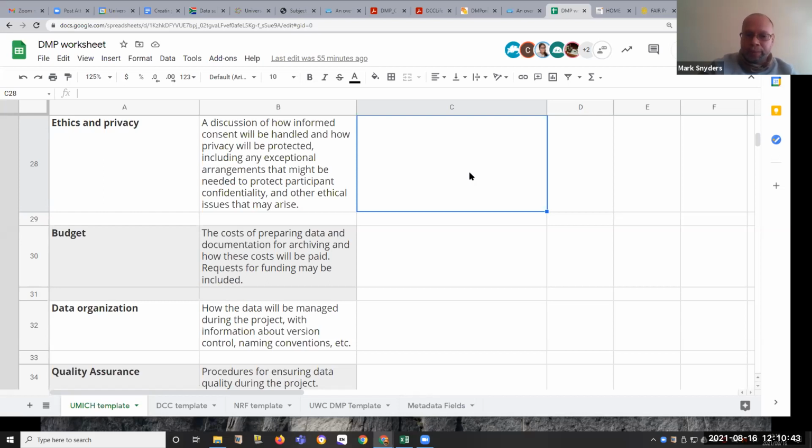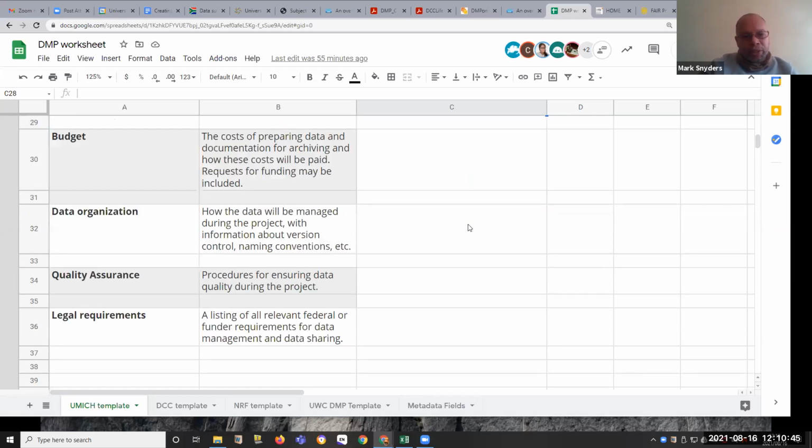have ethical approval. As far as the budget is concerned, you'd be able to indicate here what kind of costs are involved in terms of collecting your data, archiving it, and whether or not funding has been made available. In some cases, a funder may not be clear on whether or not you could spend any of the money on collecting or storing research data.